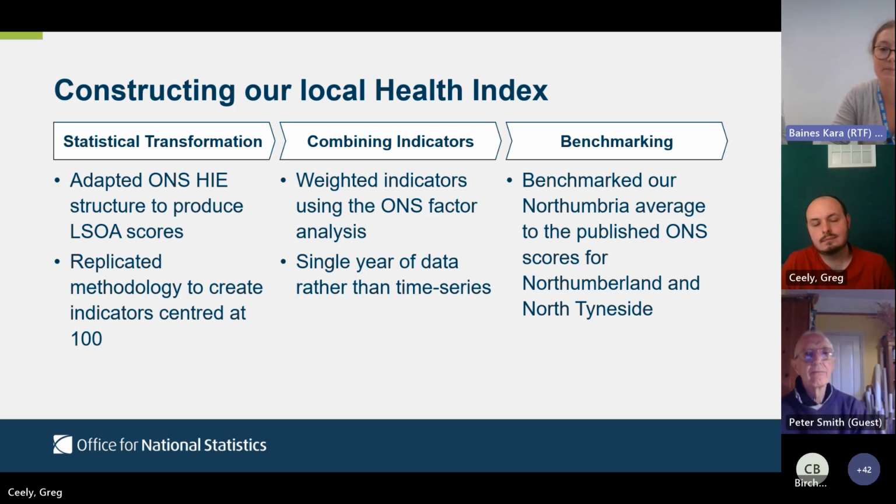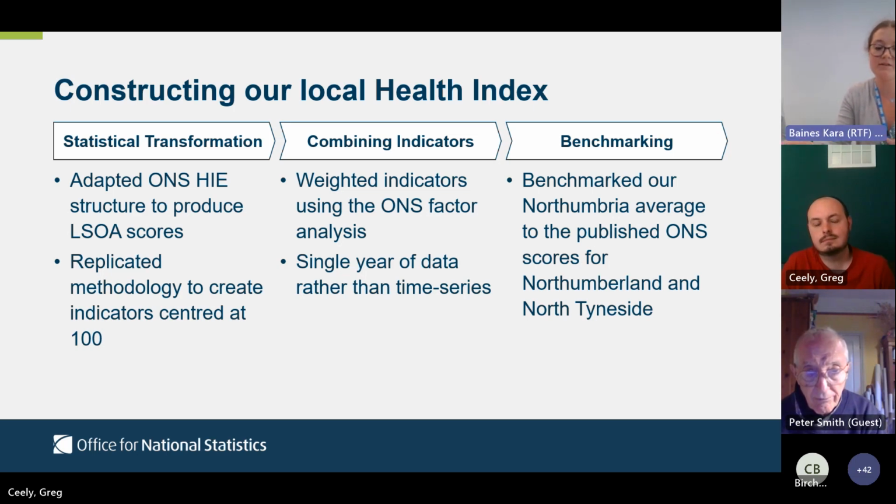The last step on this slide is the benchmarking. This is something that the ONS don't have to do because they've only got their health index for England. So we wanted our results to be comparable to the publication from the ONS. Because, by design, we each respectively centred our indicators at 100, 100 had a different meaning in both publications. So we have shifted by using a percentage difference. For example, if the ONS published that their 2019 Northumbria average was 126 and ours was 100 by design, we would shift by 1.26 across all the indicator, subdomain, and then the overall scores as well. We benchmarked every point that we could.